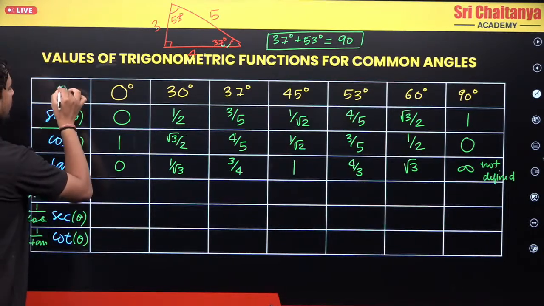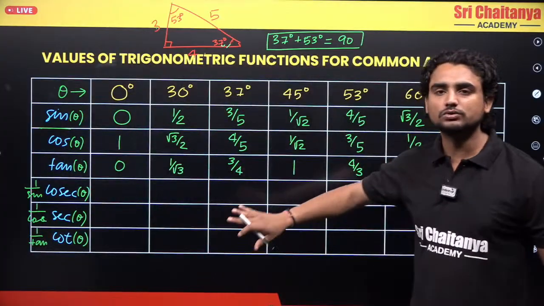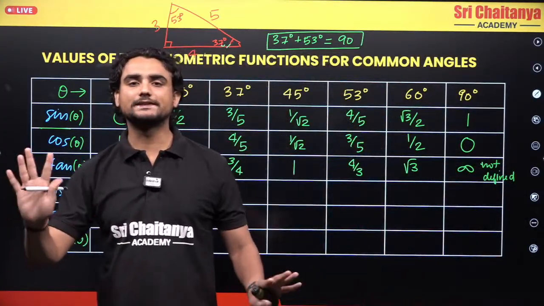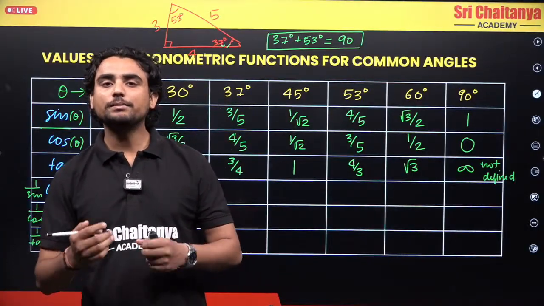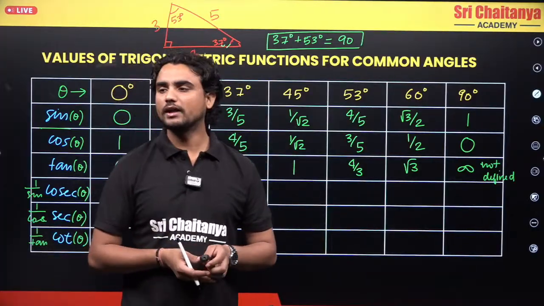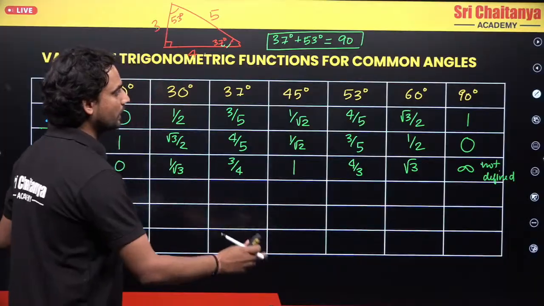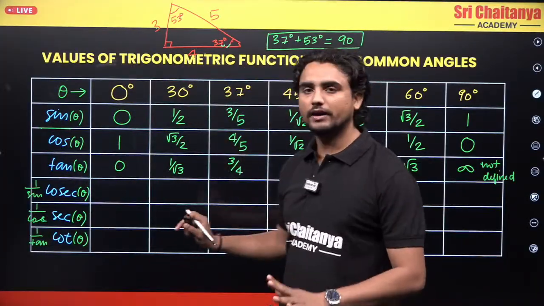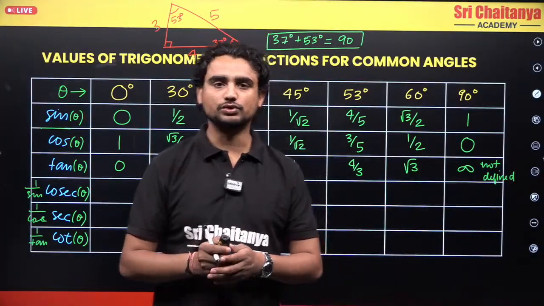These are all the angles for which we have found values. This table is very useful. What I have written on the board is very important for you for physics. If you know this much, only then will you be able to solve questions fast. Otherwise, you will be stuck. So I want you to make this table on a piece of paper and stick it in your room wherever you study. This will be very helpful for you in your future also.